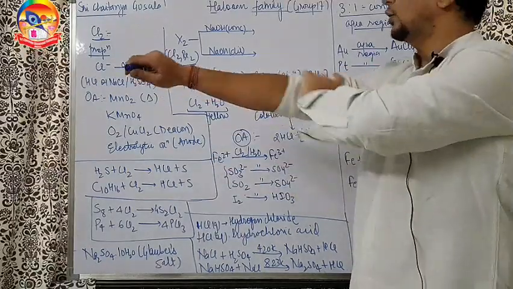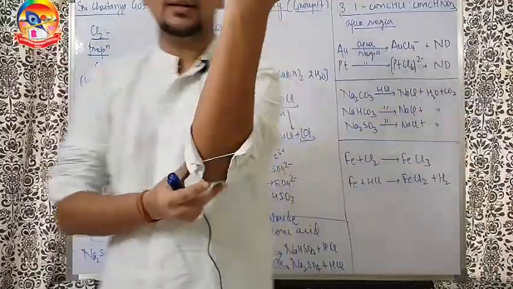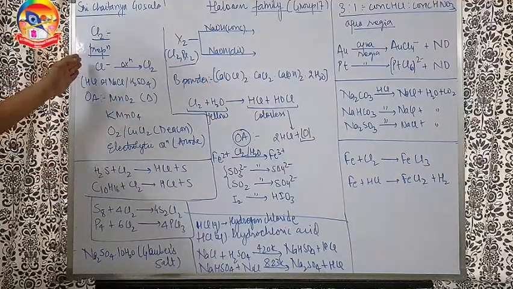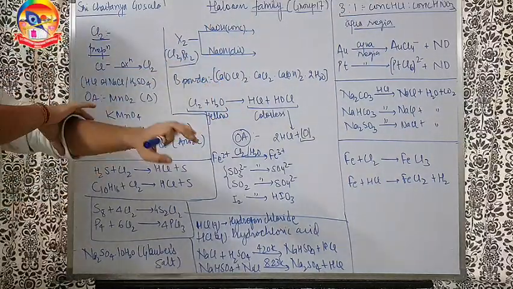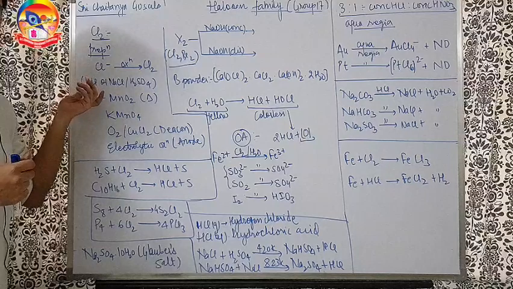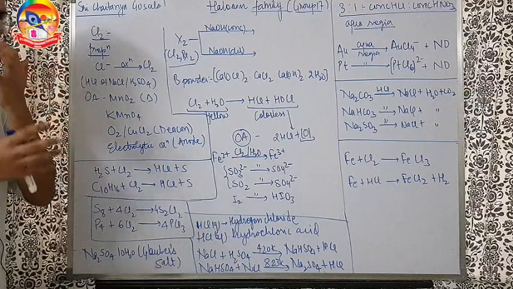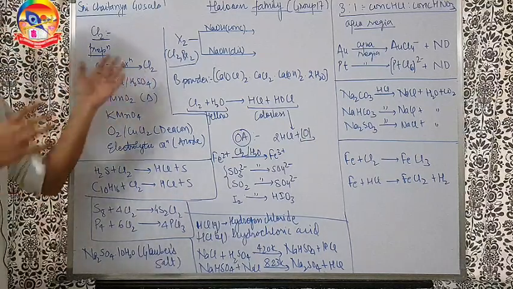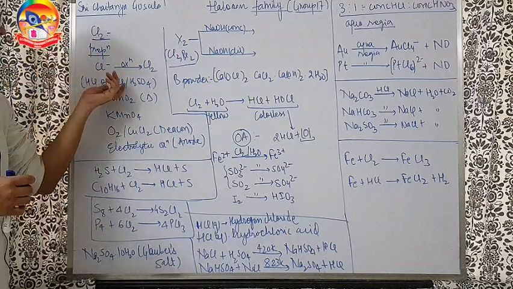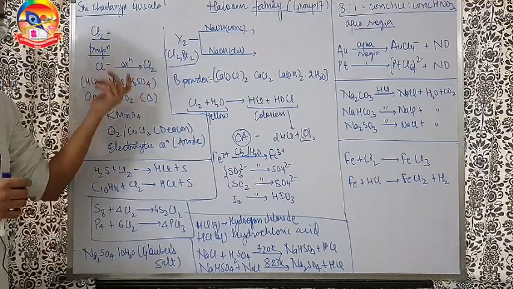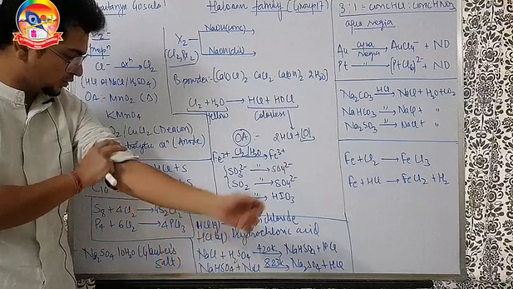So now regarding chlorine we can discuss here. How to make chlorine? Chlorine is made by oxidation of Cl- to Cl2. Cl- is taken in the form of HCl majorly. If HCl is not available directly, we can take a NaCl and H2SO4 mixture. So what will happen? NaCl reacts with H2SO4 to give HCl. That's the preparation method of HCl we can see here also.